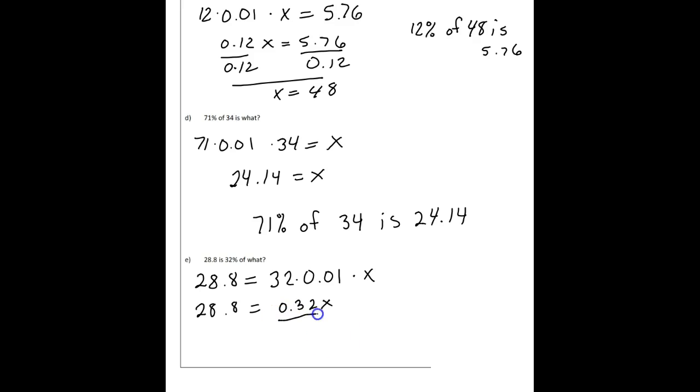You're right, we have to divide by 0.32, 0.32. You're probably a little faster than me, but that's okay. So I get 90 equals x. Don't forget, it's always important to answer the question that is being asked. So 28.8 is